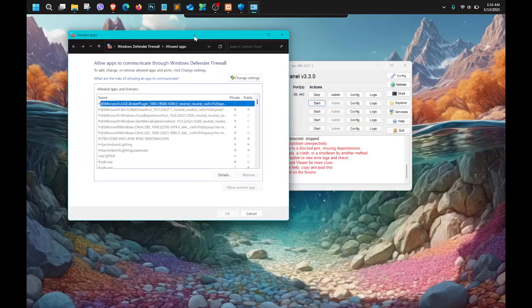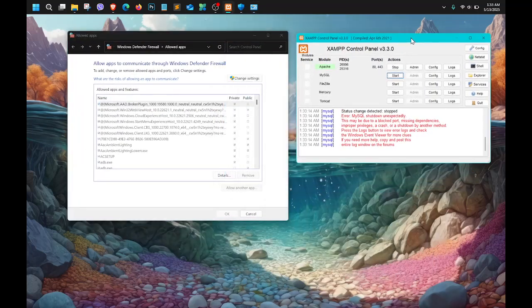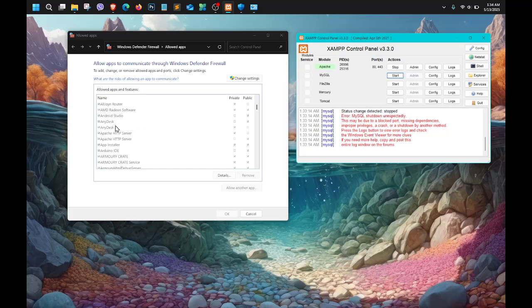The default port of the MySQL is 3306. So we can check here if Apache and MySQL are allowed.